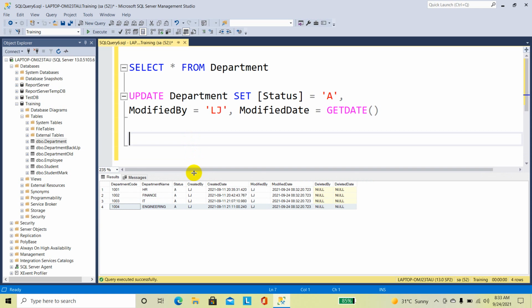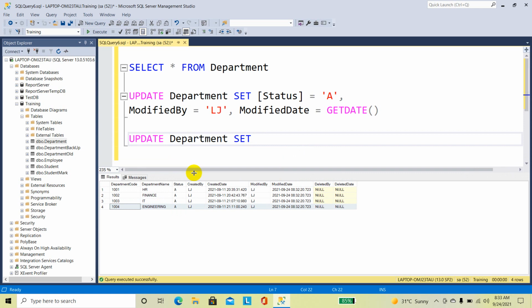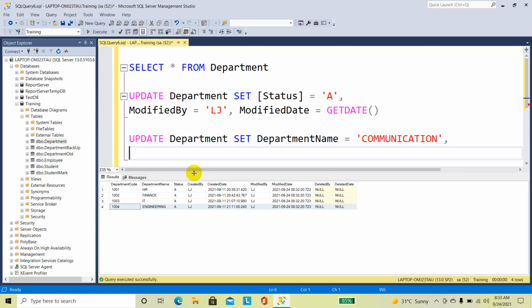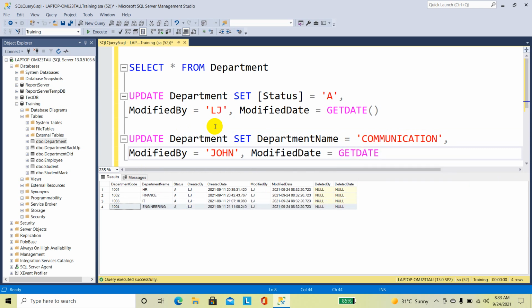The syntax is update table name set department name is equal to communication, comma, modified by is equal to, I am going to give John, comma, modified date is equal to getdate.